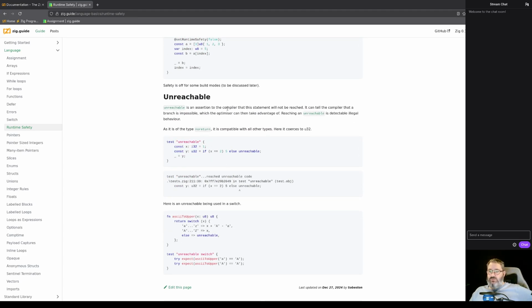Unreachable is an assertion to the compiler that a statement will not be reached. It can tell the compiler that a branch is impossible, which the optimizer can then take advantage of. Reaching an unreachable is detectable illegal behavior, as it is of the type no return. It is compatible with all other types. Here it coerces to